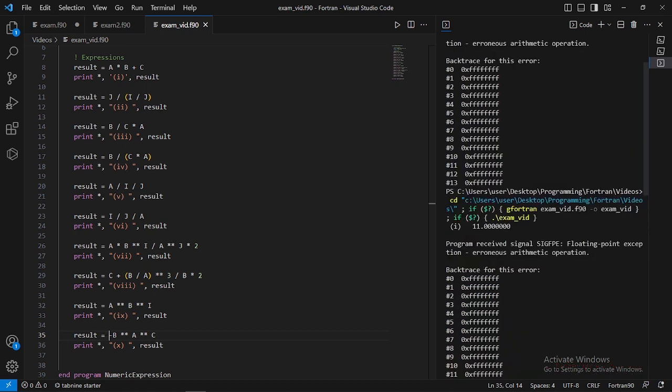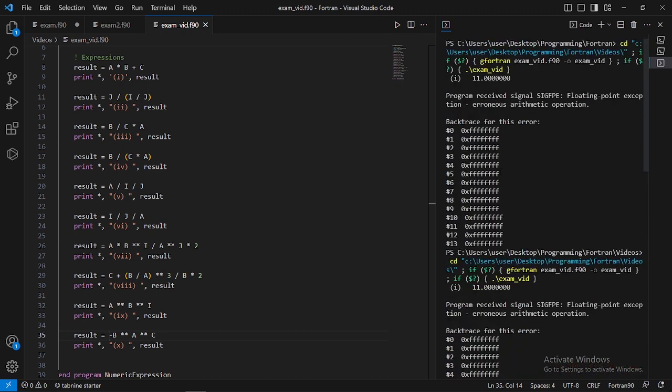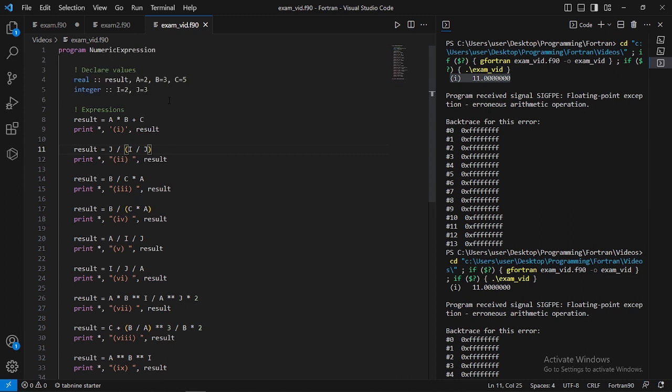From our first answer here, we can see that expression number 1 ran and gave us 11, and after number 1 it did not run again. So obviously that means our problem is in expression number 2. Let's inspect what expression number 2 is doing. So i and j are 2 and 3 respectively. We have the expression j divided by, in brackets, i divided by j. That tells us we're going to do the brackets first before the parts outside. So that's 2 divided by 3, which is